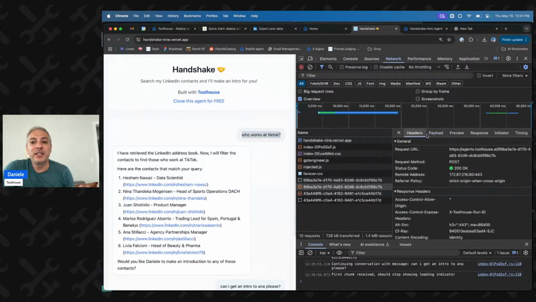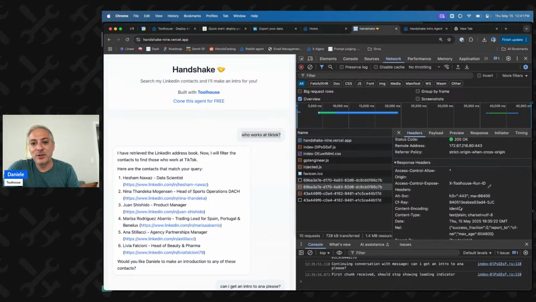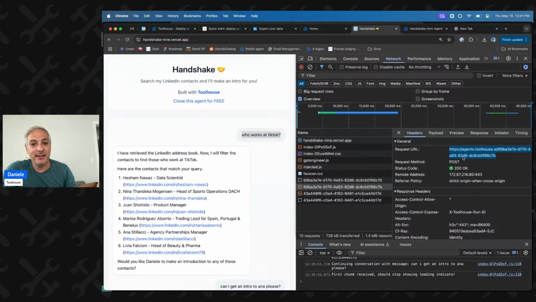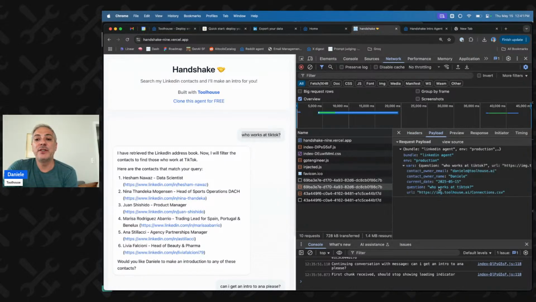All you have to do is to pick this URL. It's a public agent, so I want you to use it. And there's no API key that you need to add here. I made it this way because I wanted that to be public. And then you just have to change the variables. You need to bring your own data here. So create a CSV and put it somewhere. And then change contact owner email and contact owner name, and you're good to go. The question is going to be the question from your users. So super simple, super easy to do, and this is basically, again, how easy it is to build agents